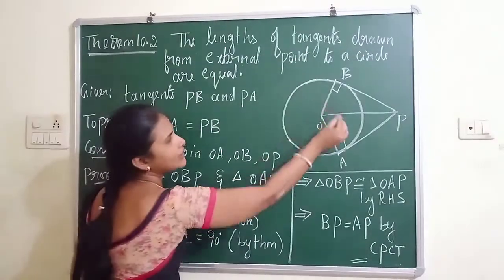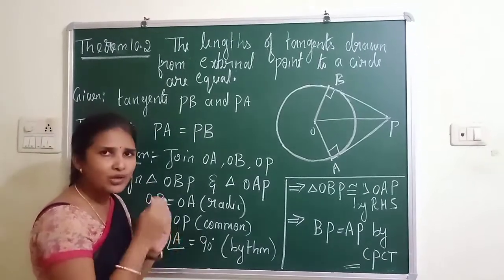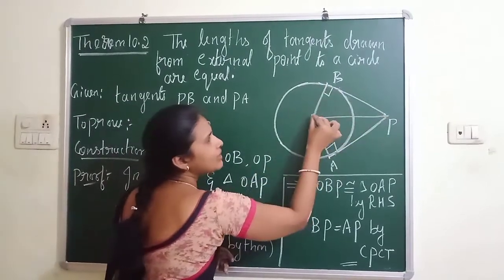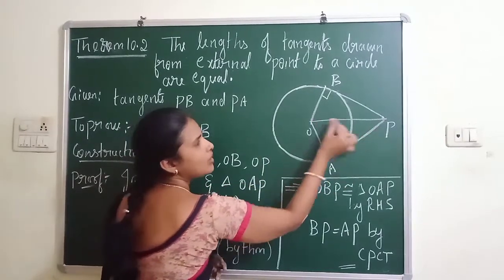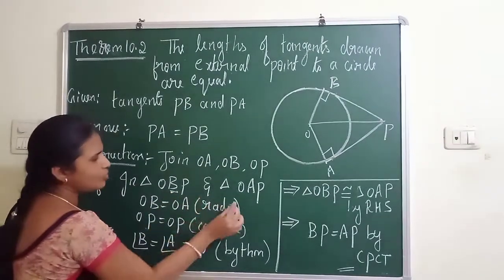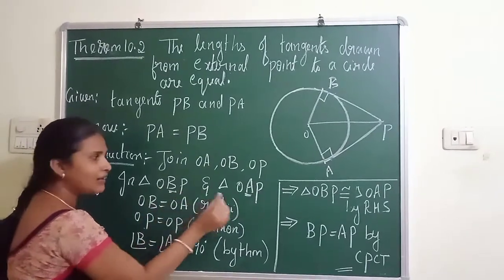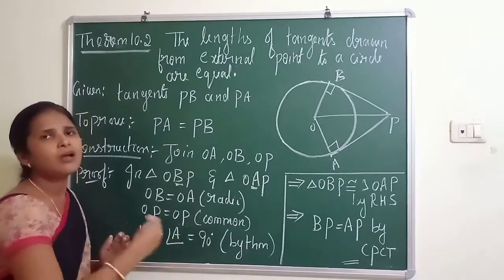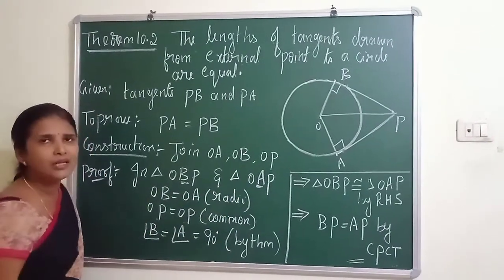Now let us take two triangles. Whenever you go for congruency, remember the way you write the triangles is very important. So here, if I take triangle OBP, I have to take triangle OAP. I cannot take OPA. Why? Because O matches with O, and B is 90 degrees, A is also 90 degrees. So you have to write OBP and then OAP. You cannot write OPA. So be careful when you are taking triangles for congruency. So OBP and OAP. Now pick the 3 matching pairs.